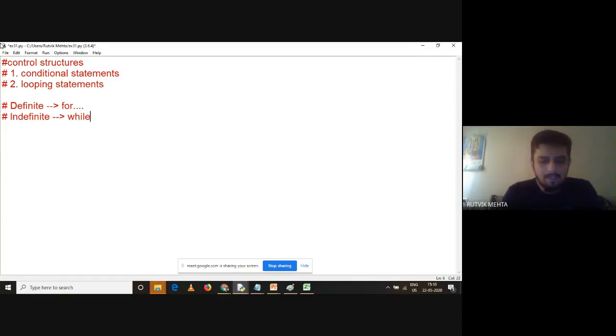So what is this definite and indefinite? Why do I call it like this? When I use for, I know how many times the loop is going to get executed. So I know the terminating condition over here. For example, in C programming, we say i is 0 and i less than 10, so it is going to get executed 10 times.